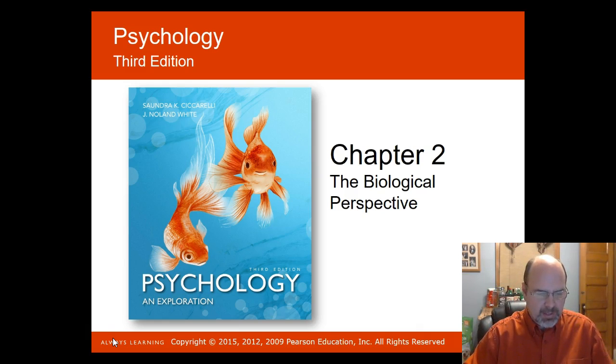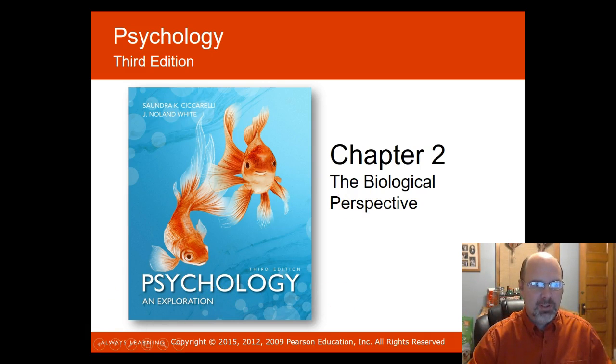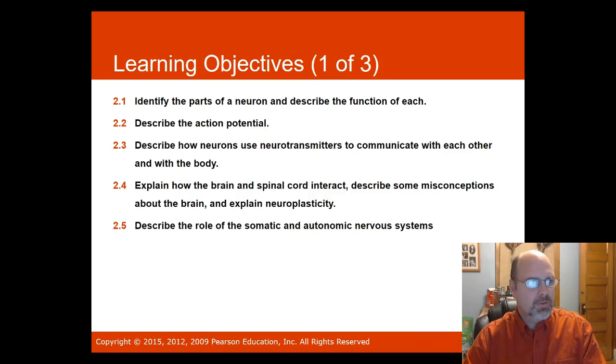We're going to cover the biological perspective of the central nervous system, brain, spinal cord, and neural network. This is pretty dry stuff, so I added some other links, which are a little more interesting than covering these PowerPoints. But I'm still going to cover the PowerPoints if you want to follow the structure of your textbook. These are the objectives. I'm not going to read them to you. You can read them in the non-narrated version of the PowerPoint.